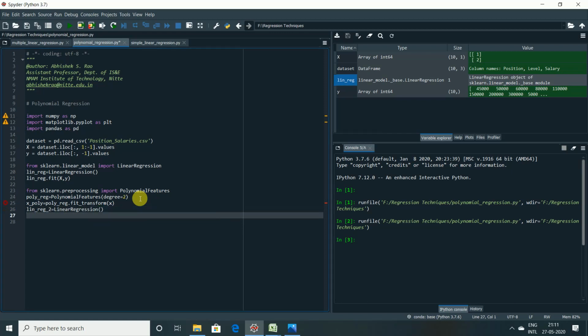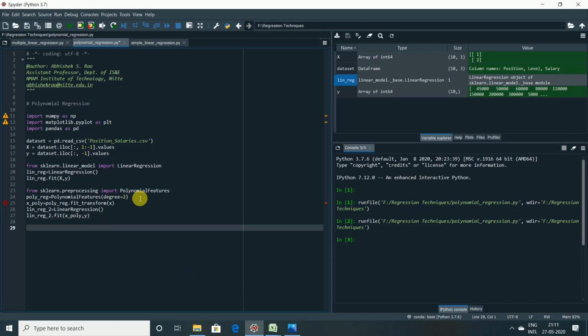Finally I will fit this model also: lin_reg_2.fit of the polynomial features, that is X_poly and y. So this is how we have trained our polynomial regression.